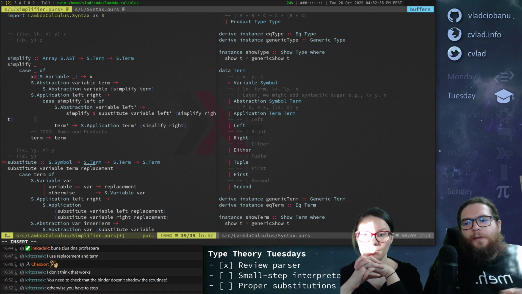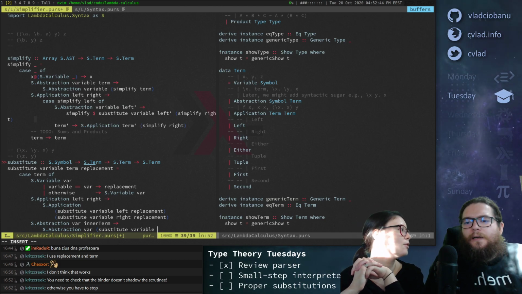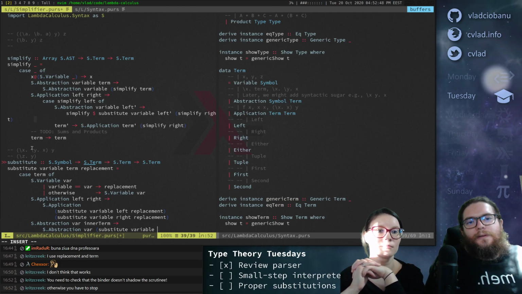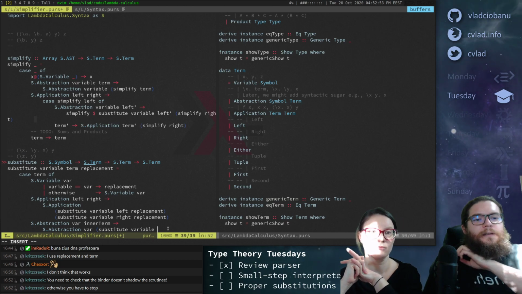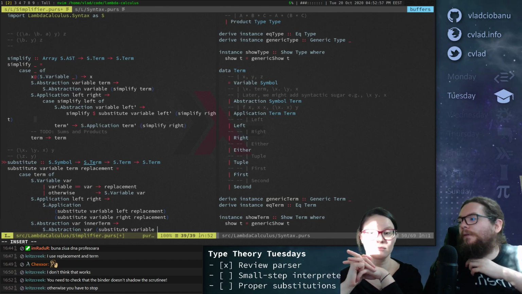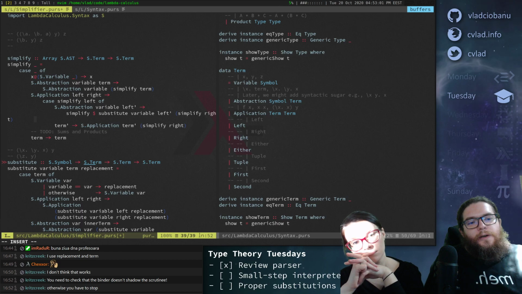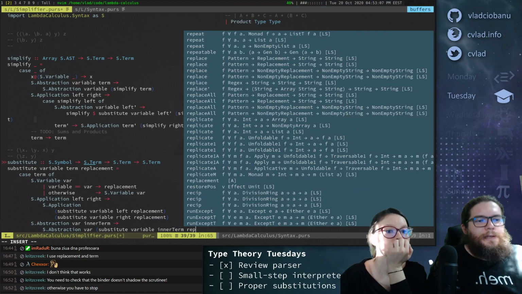And then we need to simply substitute the original variable. You need to check that the binder doesn't shadow the scrutiny, otherwise you have to stop. I'm not sure what scrutiny is, but I think that's what we said we don't bother with for the moment. Yeah, we assume that they don't, because I want to test simple cases, and then I write a test which breaks it, and then we can try to fix it, I guess. So we substitute variable in inner term by the same replacement.